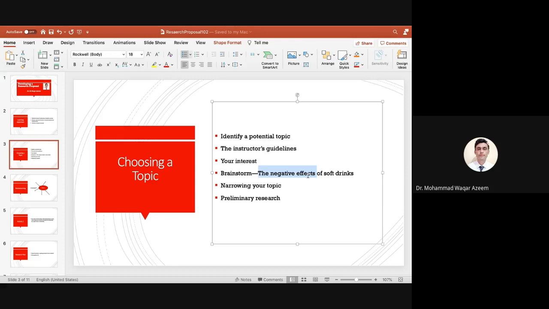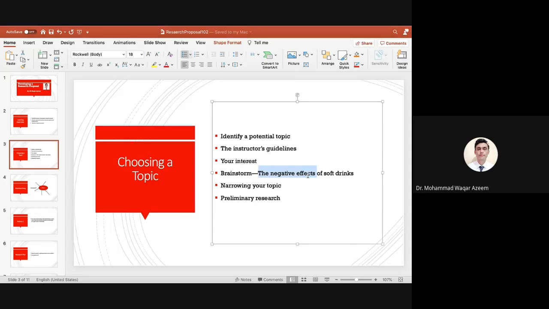It's a big word, right? So what is the subject of your study? Where do you want to study the negative effects? The negative effects on children, on adults, on grown-ups, on women, on men, on school-going children, on athletes, right? It's not clear over here. Similarly,